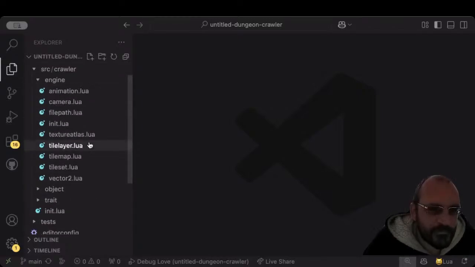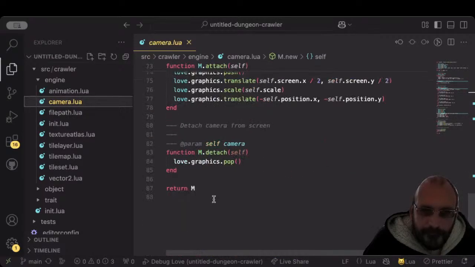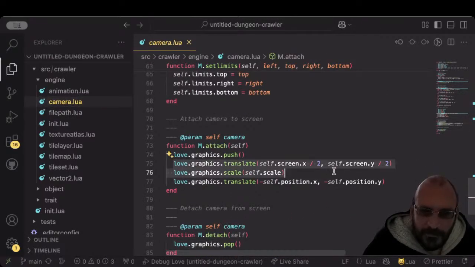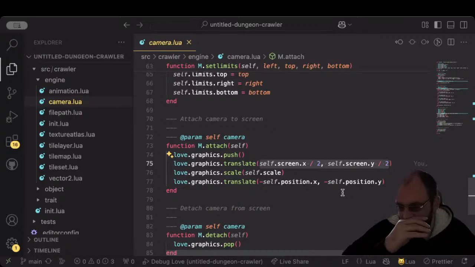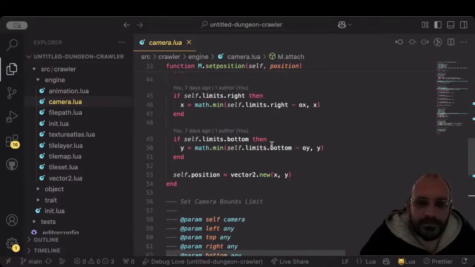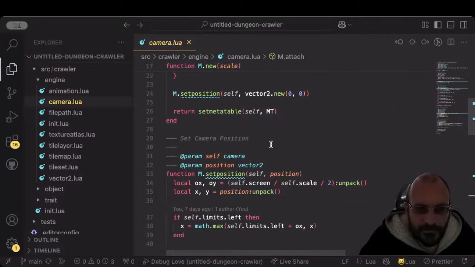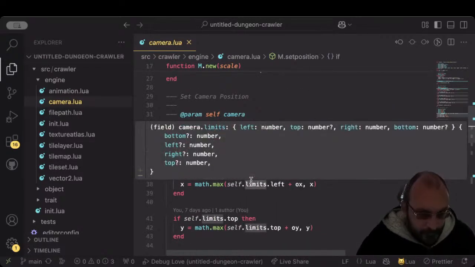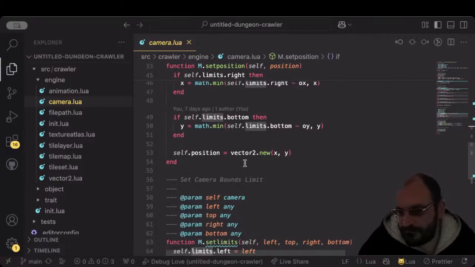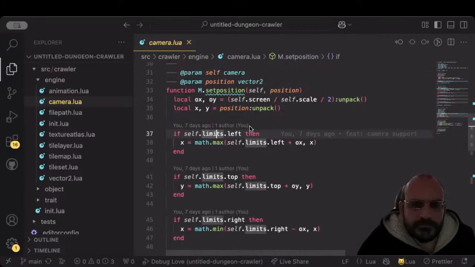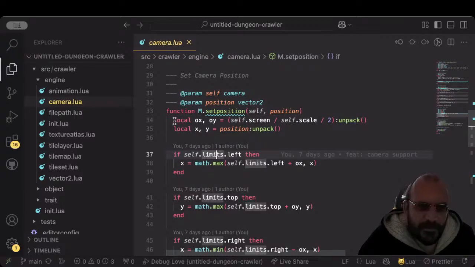And I made a couple of changes to our camera. I set it up to add this line, which is translating the position on our screen to put it in the middle of the screen. So we're putting the camera in the middle of the screen, and then we're starting to do all the other maths, whereas formerly that was all done in our set position up here, and that just made the maths a bunch easier to deal with. So I managed to simplify the maths down,